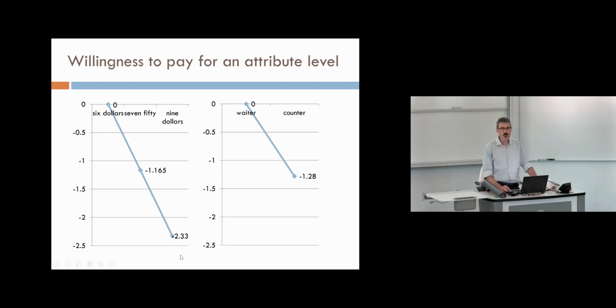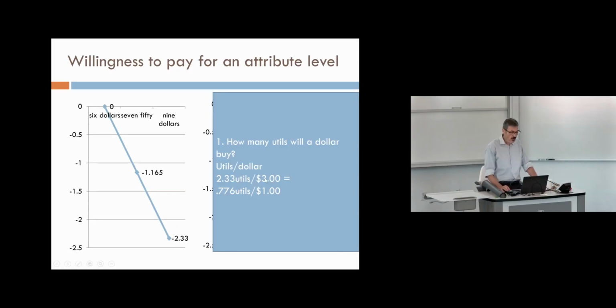$3, right? And I'm 2.33 utils less happy. So I can now figure out what a util is worth to me, right? If it's 2.33 utils for $3, then if you lower the price by $3, I'm 2.33 utils happier. So for every dollar that you increase or lower the price, my happiness changes by